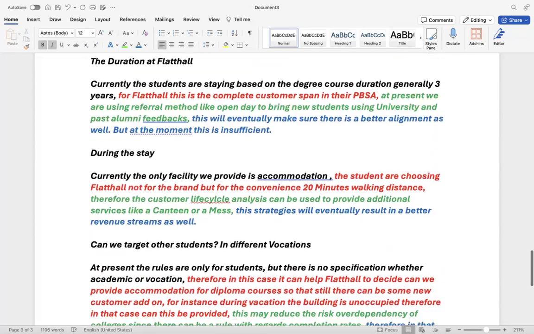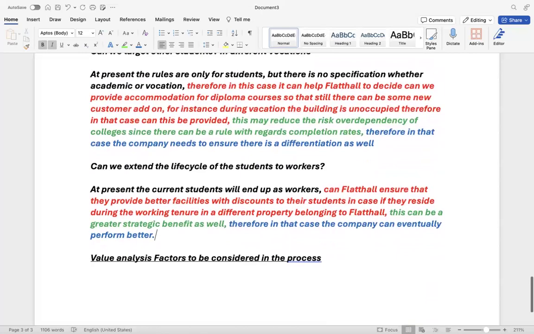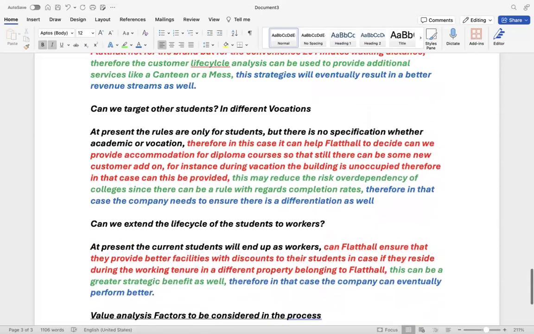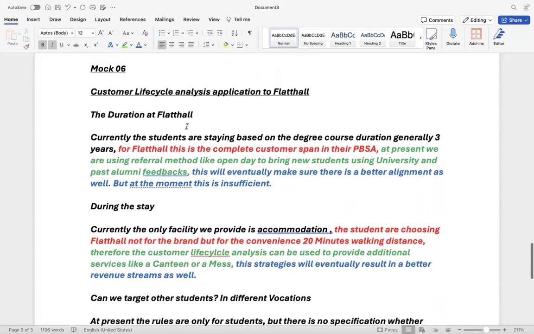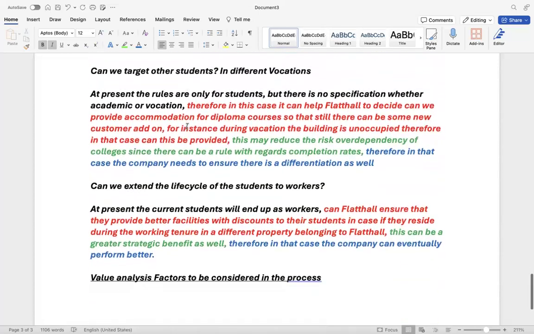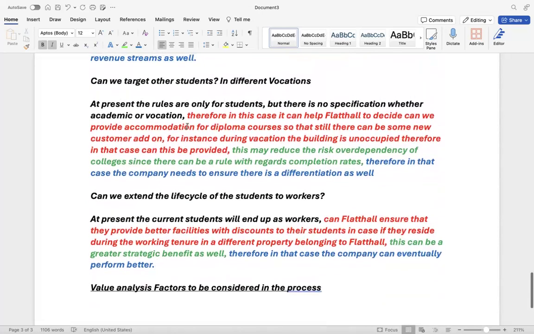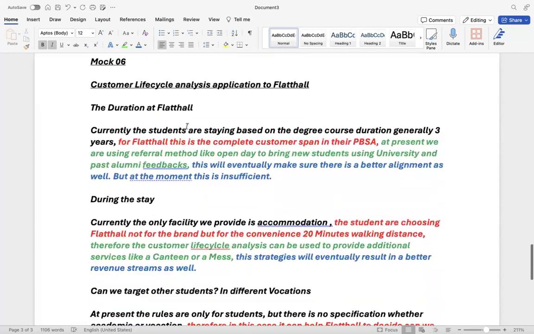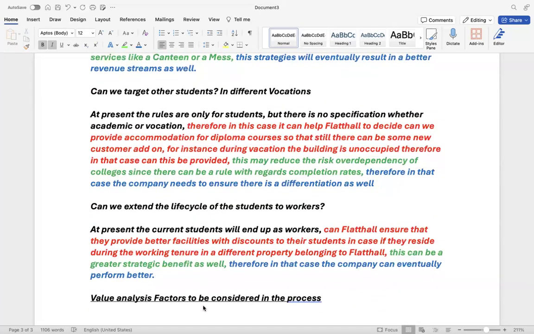So can I get a clarity here, students? Are you fine with the customer life cycle analysis? So many points you can write, but do you understand the application, students? Now, the theory class, what we did, and the application class, what we are doing, do you see? You need to know the idea of what is customer life cycle. But when it comes to the application, you need to think like a business finance manager. Can I get a double Y in the chat box, students, if you got the differentiation? Because the objective here is to understand the differentiation.